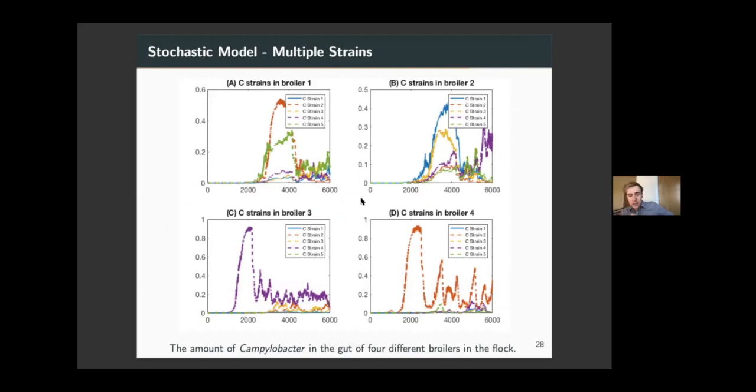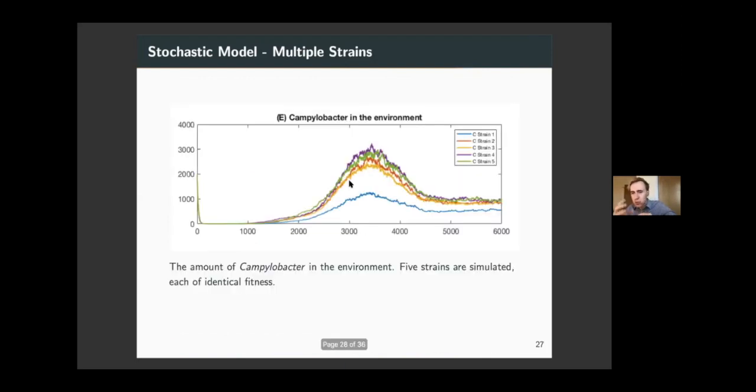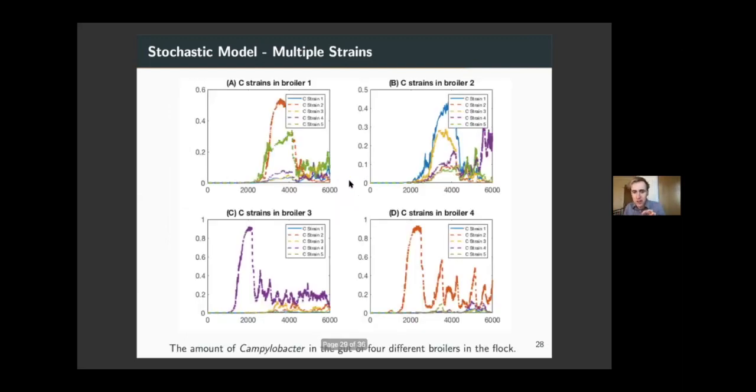So the most striking thing here is that although we saw on the previous slide that most strains appear equally across the flock and are equally presented in the environment, when you look at chickens specifically by themselves, we normally see only 1 or maybe 2 sequence types that can really dominate the gut of that chicken. And that's something we're starting to see in genomics data as well from chickens on farms.